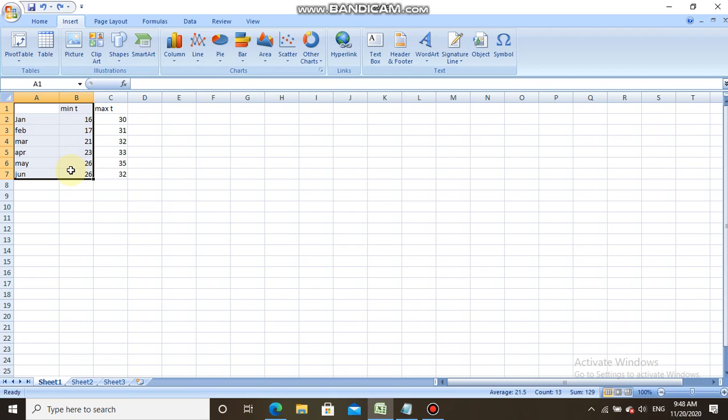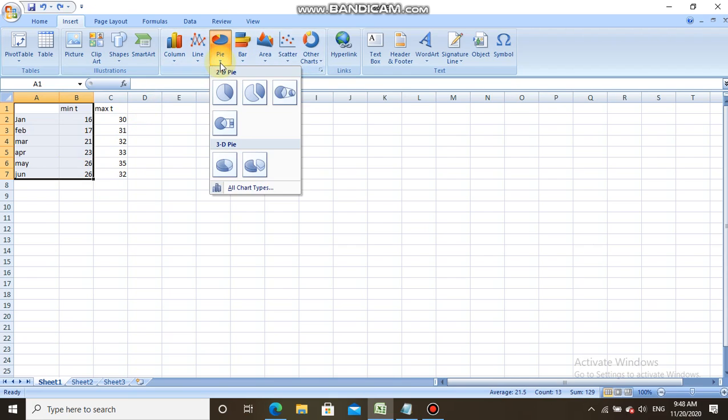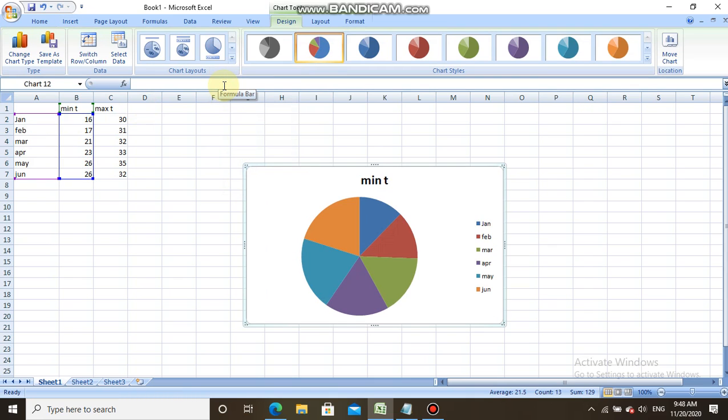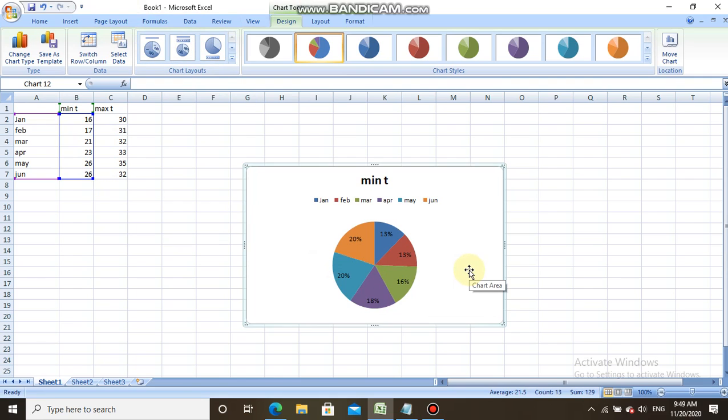Okay, the pie chart represents a circle. You can see that this is the circle containing the percentage. You can see the percentage of all the data values. In a pie chart, each value is represented by a part of the pie. Thus, each item can be compared to the whole. You can compare whether it is 20%, 30%, 13%, 16%. So it is used only for a single data series. You can use it only with a single data series.